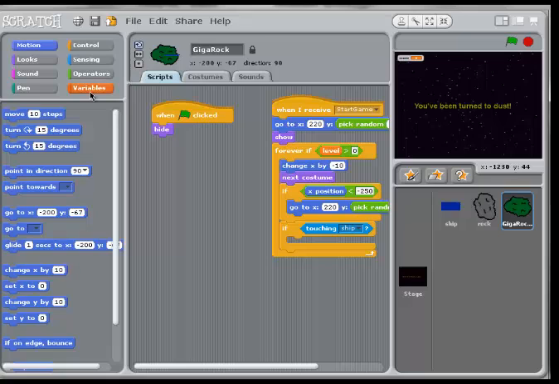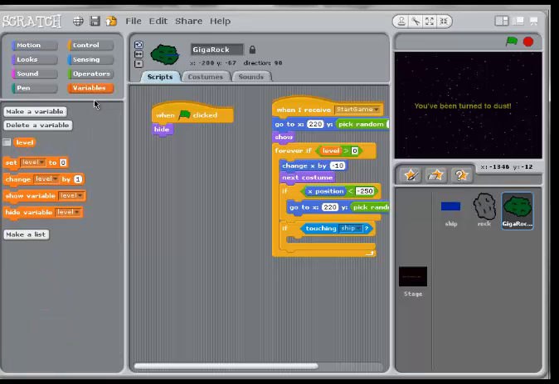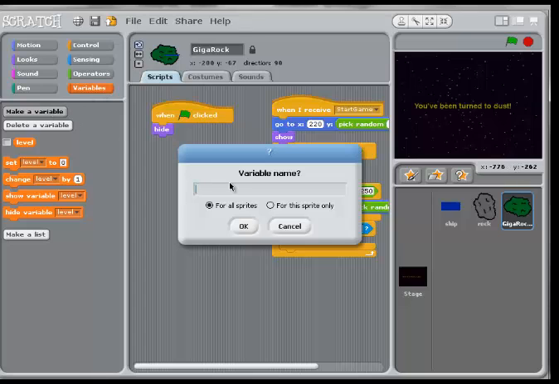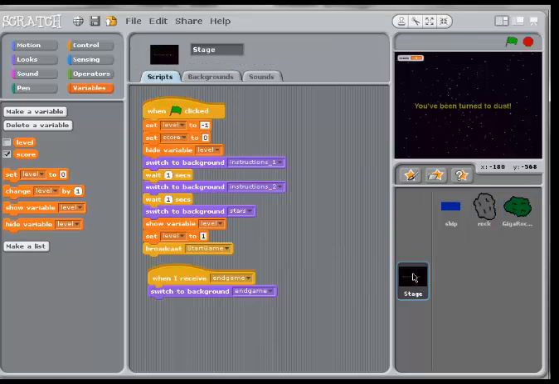and I'm switching to the score variable. I'm going to click on make a variable. I'm going to call it score. I'm going to the stage, and similar to what I had with the level, I added a new entry, set score to 0. This will mean that when we start the game, the initial value of the score will be